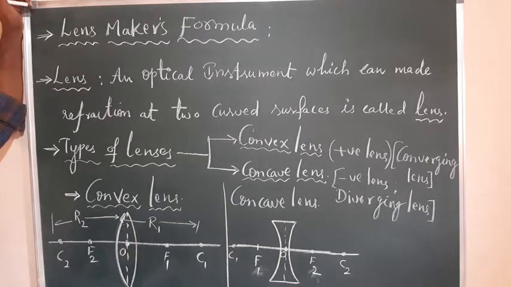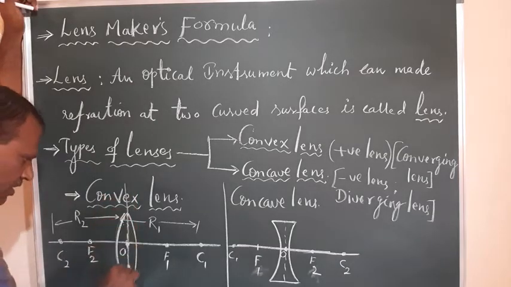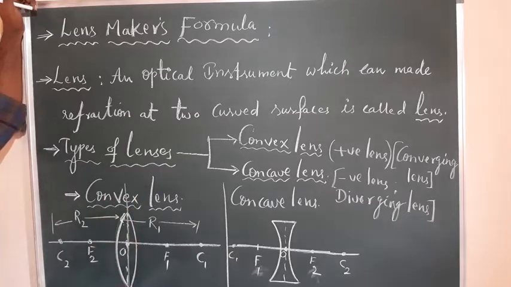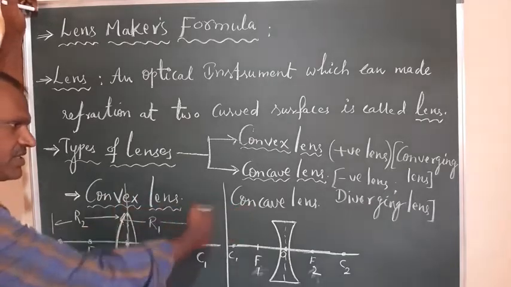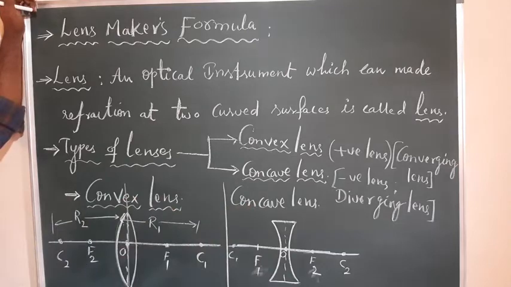We can call it the equiconvex lens. R1 and R2 are the same here. It is a biconvex lens, or equiconvex lens. Or if you divide this one along its vertical, then it is called a plano-convex lens. So we'll see the types of lenses, convex as well as concave, but these are the basic division or classification of lenses.